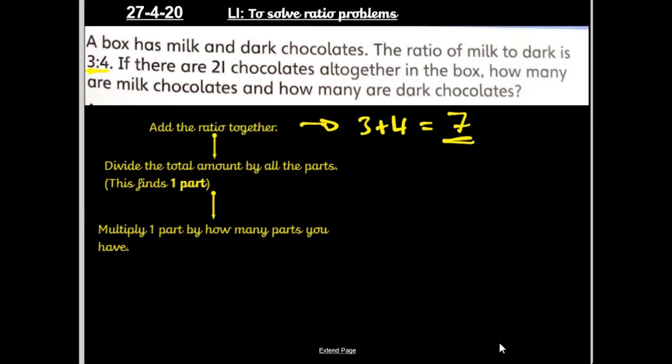Now then, divide the total amount by all the parts. I've got 21 as my total. Divided by all the parts, divided by 7, so 21 divided by 7 is 3. So each part, each one of these, is equal to 3. I've got 3 parts and I've got 4 parts. So therefore,